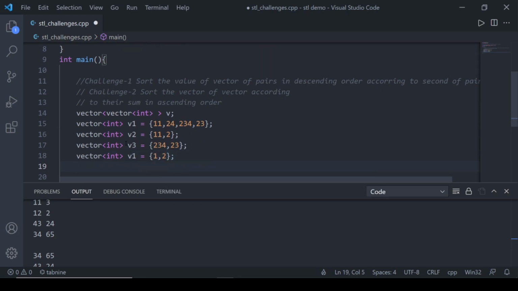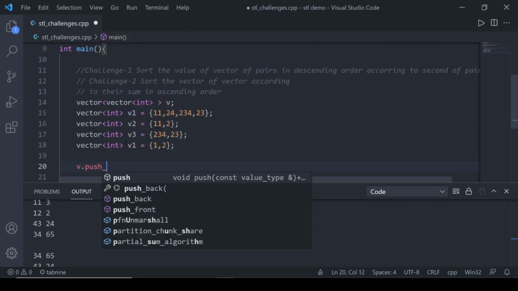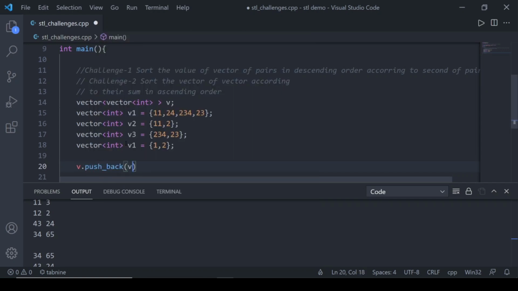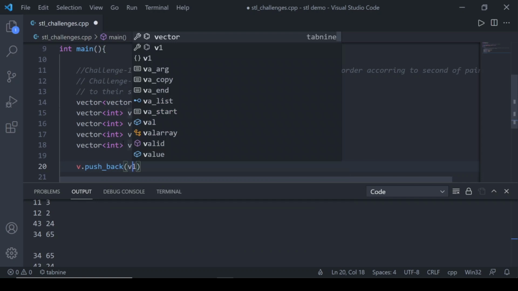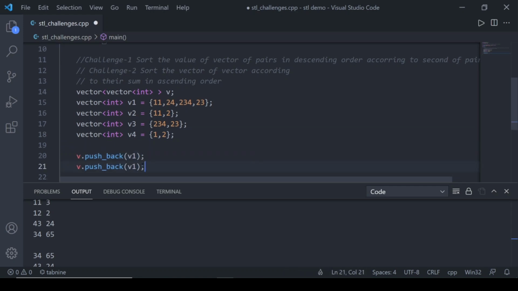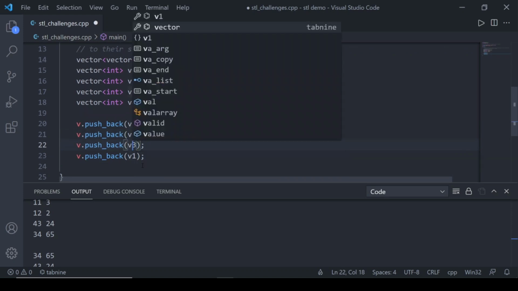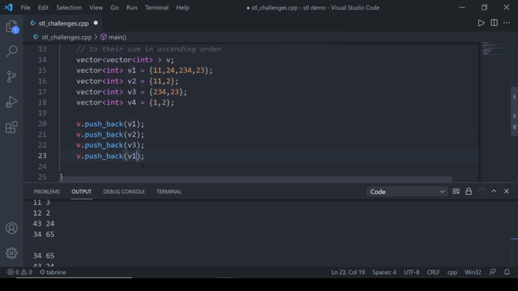Okay, so now I will be pushing these vectors into the vector. So push_back v1, and let's write v4 here. I have to push all the vectors into a vector. So here it is v2, v3 and v4.